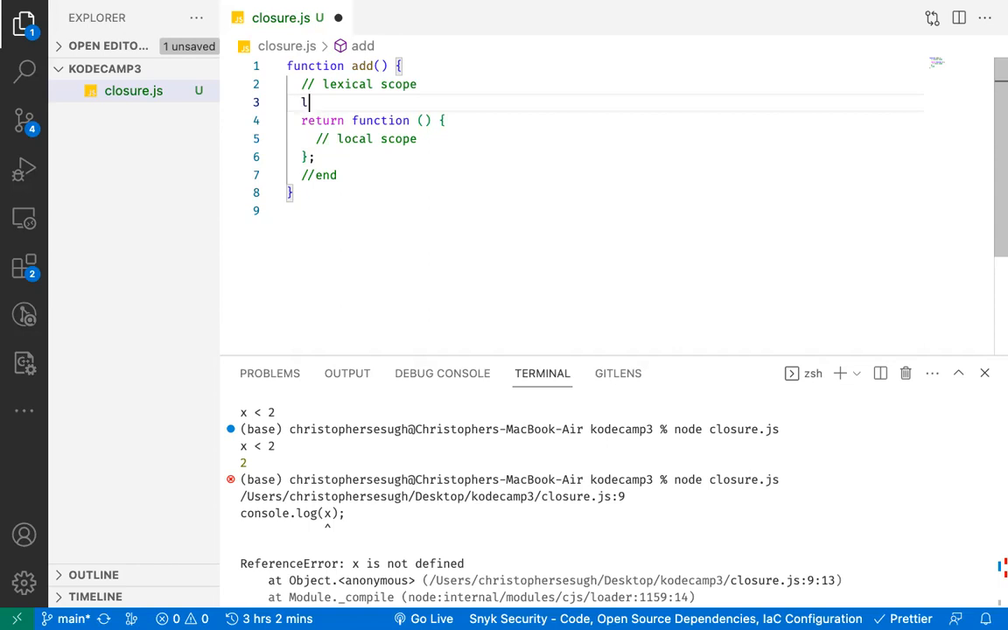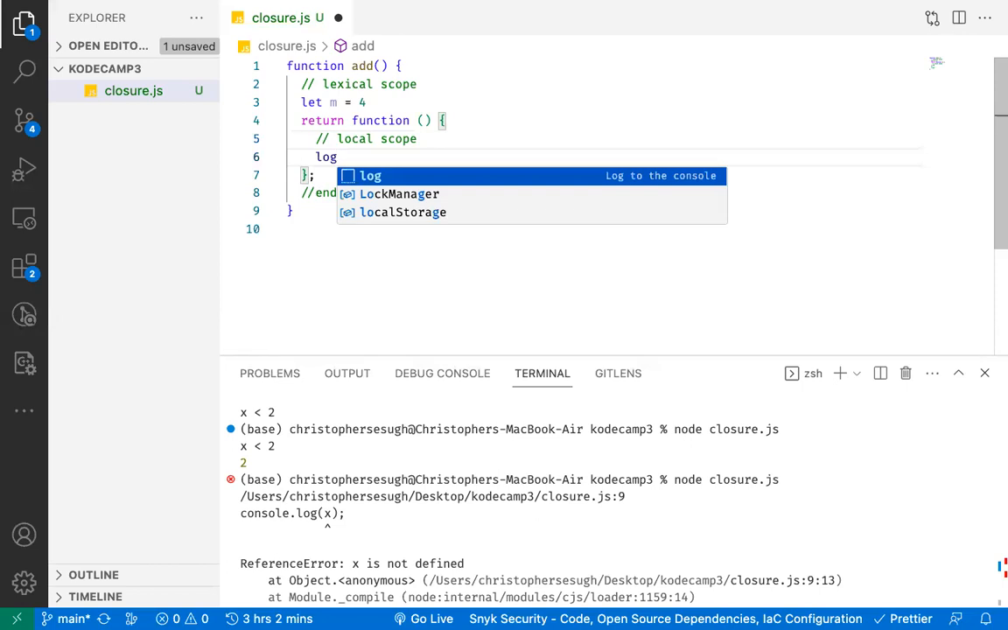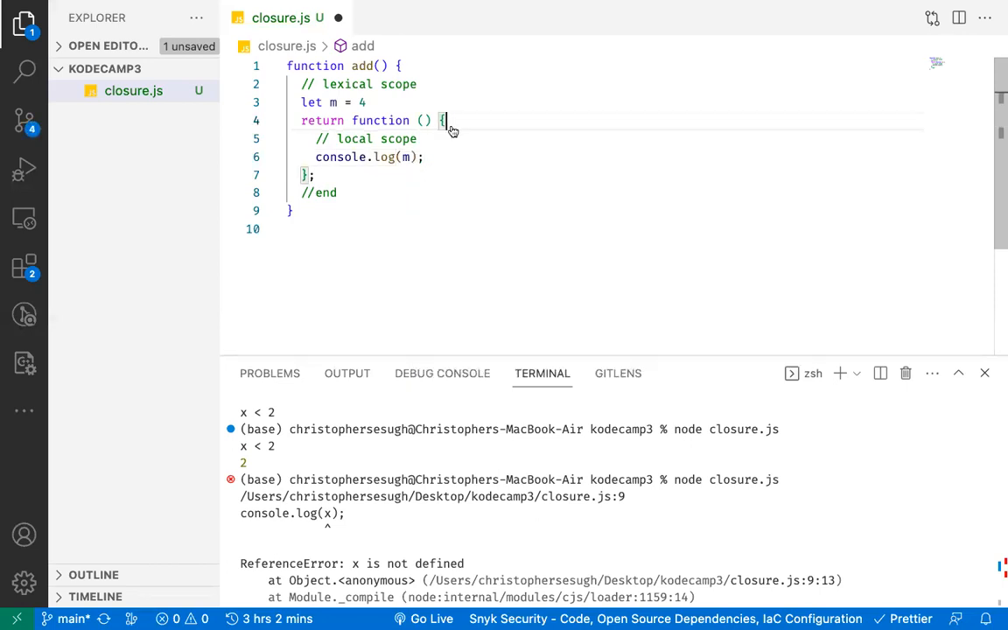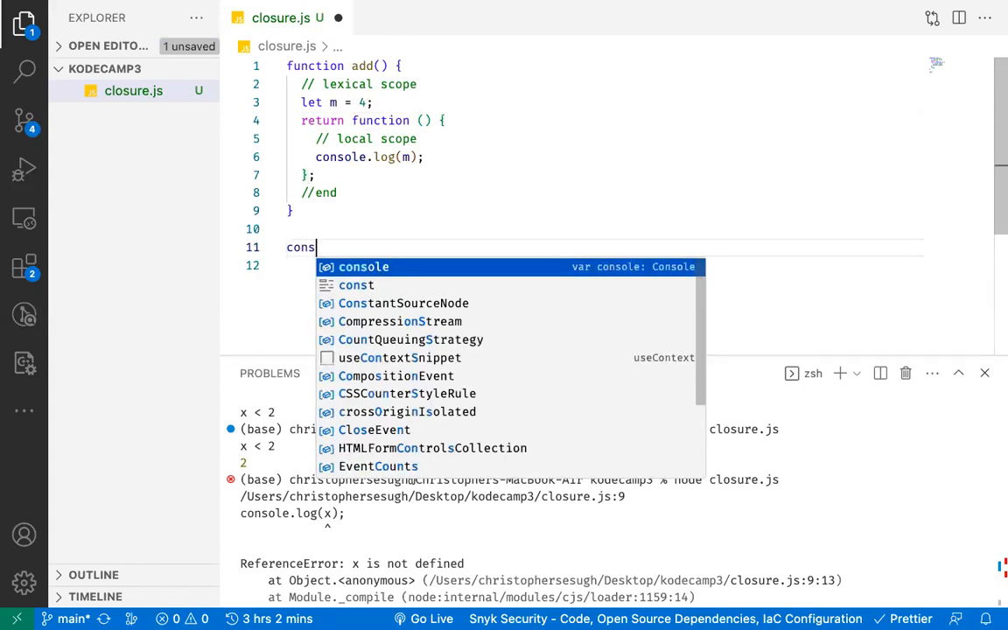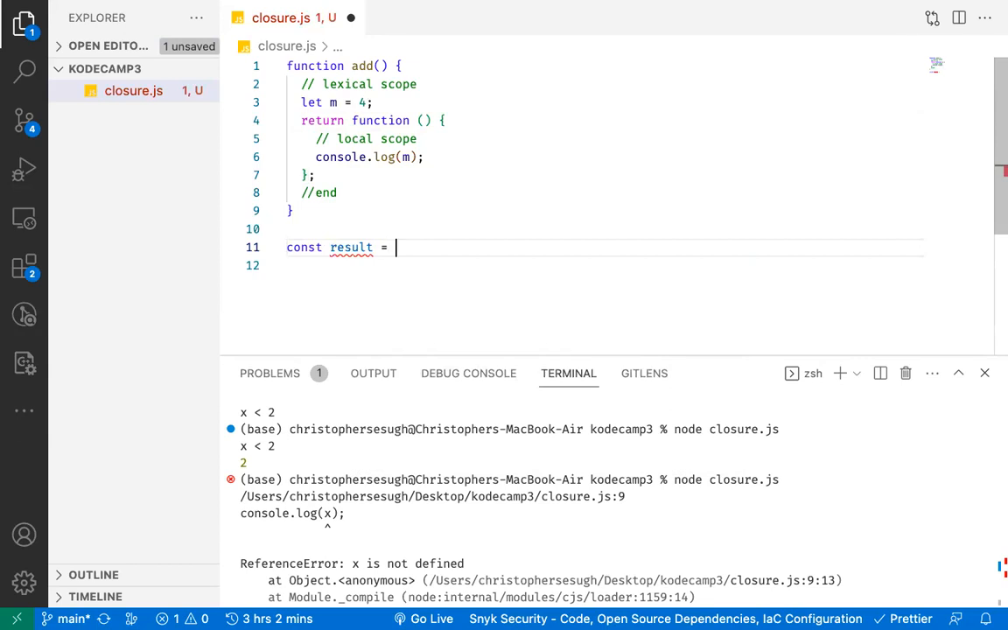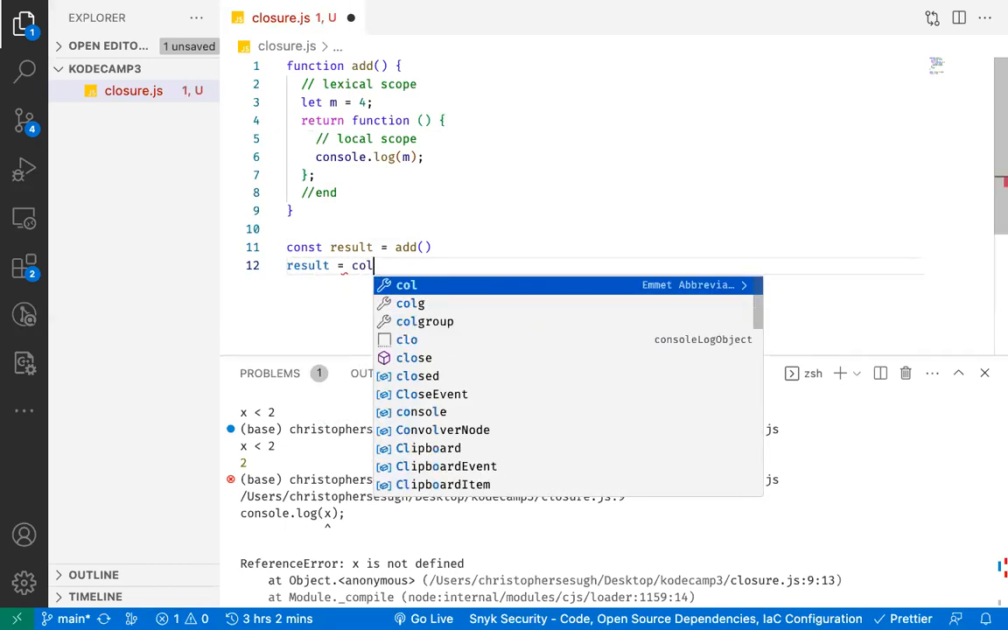Let's say we have something like let m equal to 4. And we come down here, we say log m to the console. Now, after calling this function, result is equal to add. What's happening here now is add will return the inner function and pass it to result. Now, what result is holding is this. Simply, result is holding, let's say, console.log